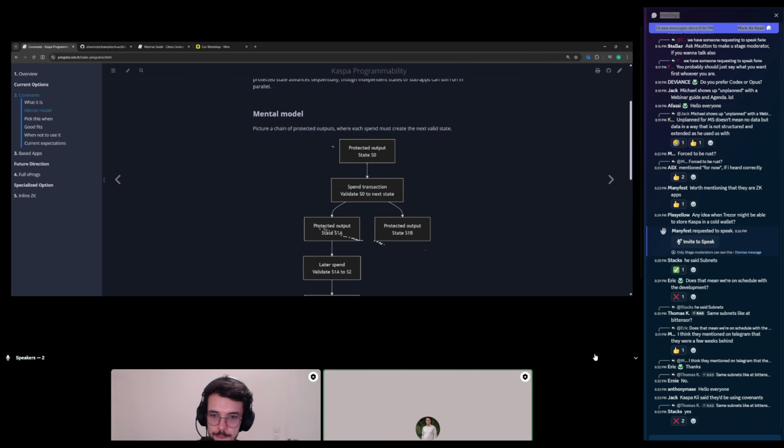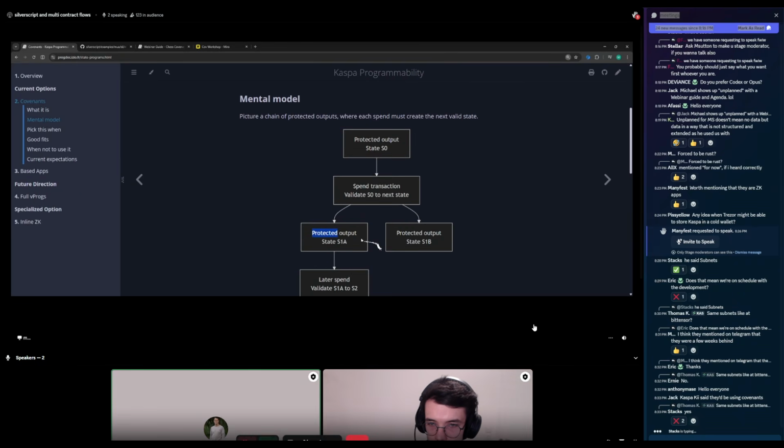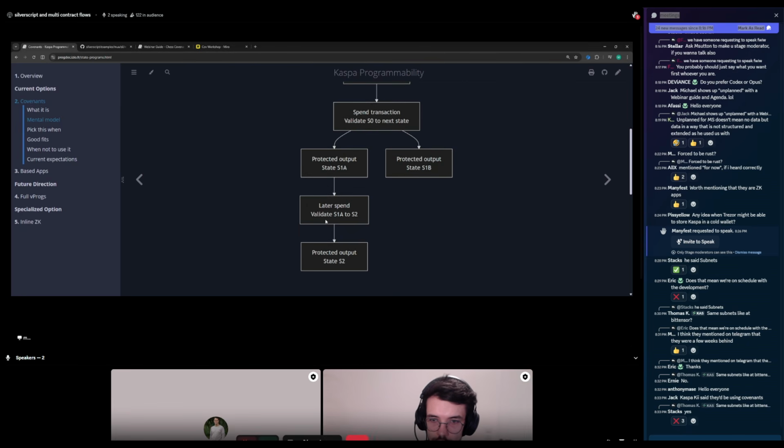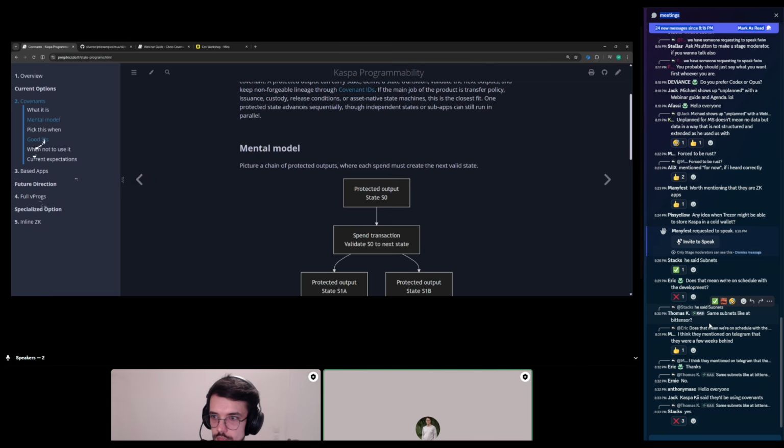But the emphasis here is, I'm just adding one word, protected. The output is protected because it's a covenant, so the input script is going to verify the output also follows some kind of rules. So the state of the output is going to have some meaning. The most classic example of following the rules is making sure that the output also follows exactly the same script, only with an updated state. So that's going to be a covenant, more or less.